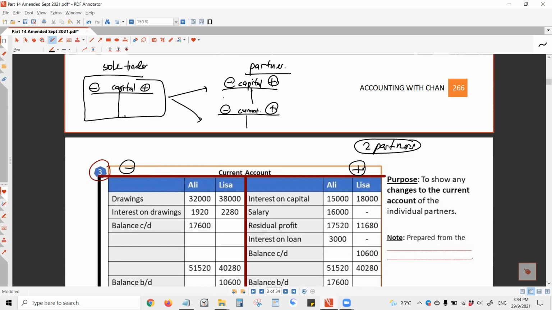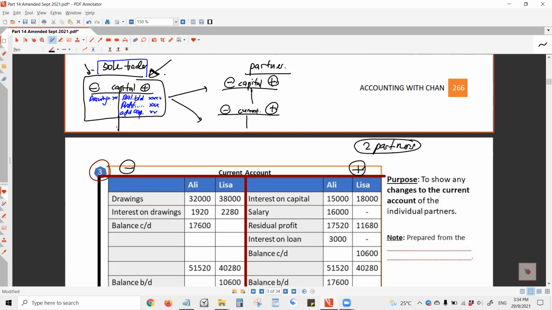If you have not seen a question asking you to do a capital account like the one in sole trader, let me know afterwards. Here I want to focus on doing the current account. I don't want to spend time guiding you on how to do the capital account here, but let me tell you how. Opening balance of capital will appear here. Then when you have profit for the year, you put it here. If you have drawings, we are talking about a sole trader's capital account, you put it here. If you have additional capital, you put it here. Then you balance it. Then you can get the closing capital.